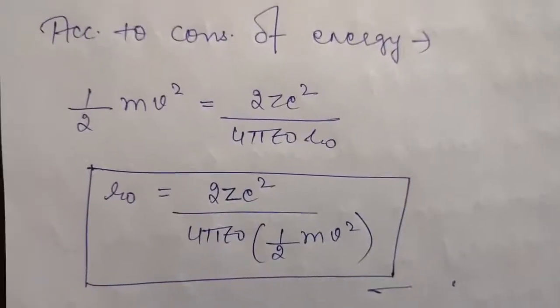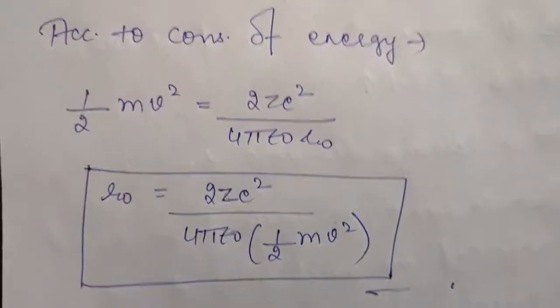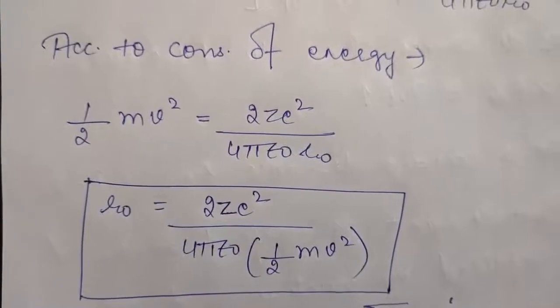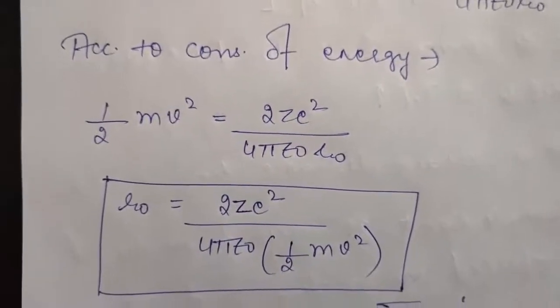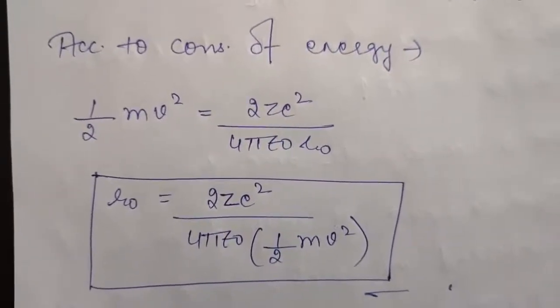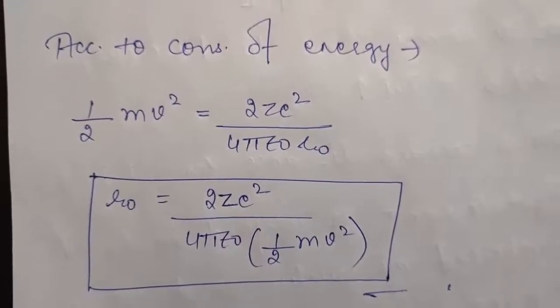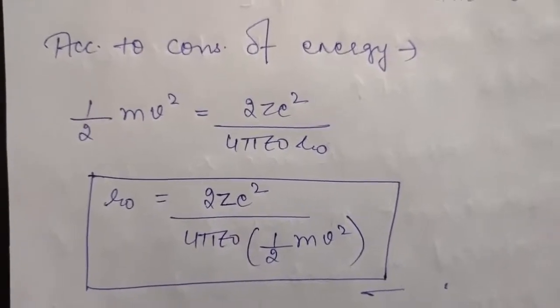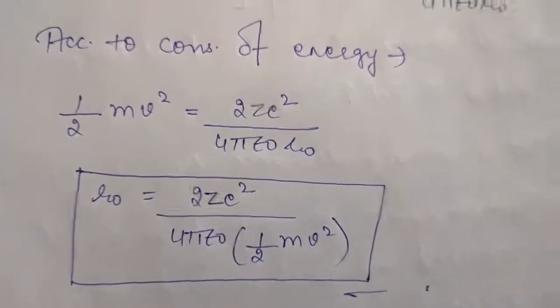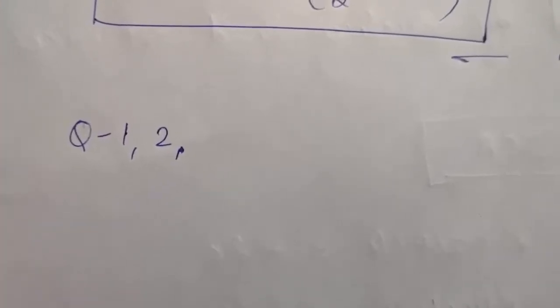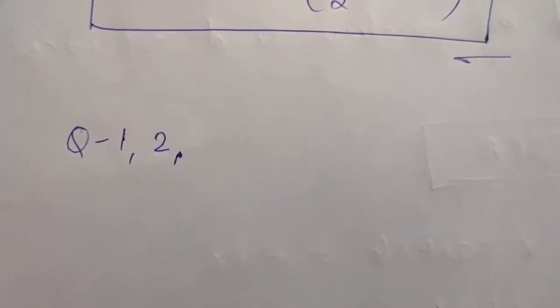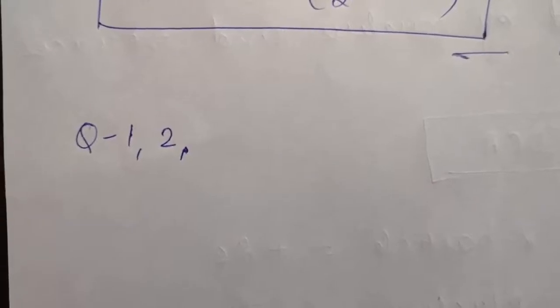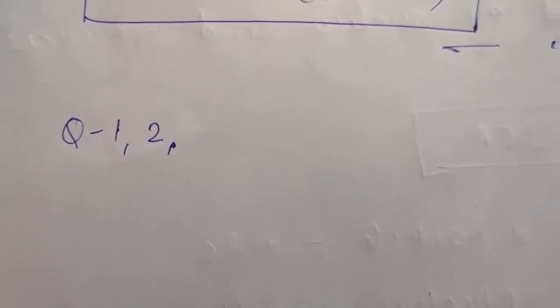Okay, so this was all for today. In tomorrow's lecture, we will be studying electron orbits, and then we will see what the limitations of this Rutherford model are, due to which the Bohr model came into play. After going through today's lecture, you can do question numbers 1 and 2 from chapter number 12, that is Atoms, of your NCERT book.